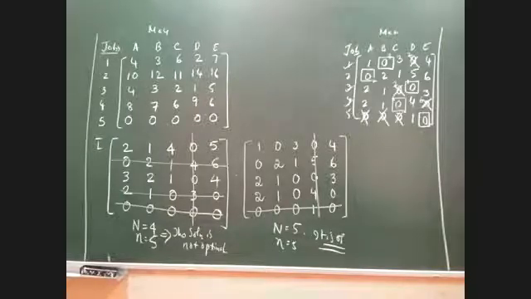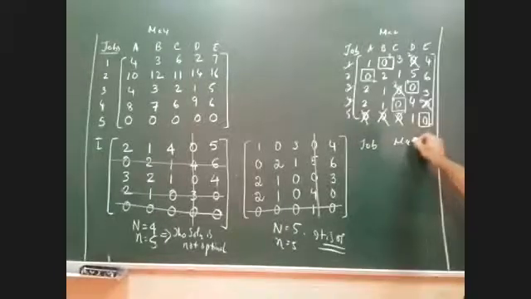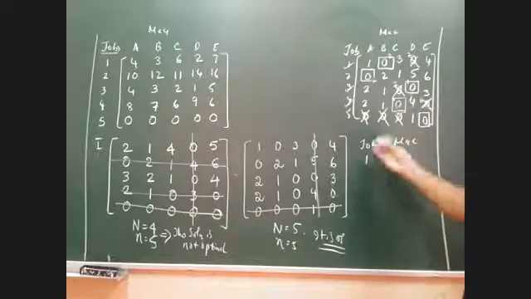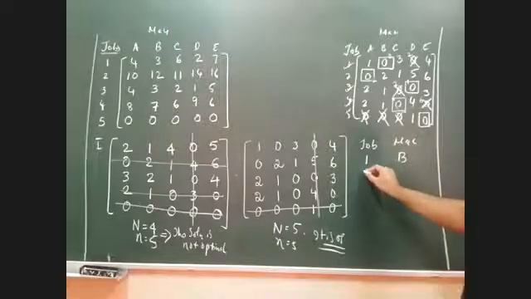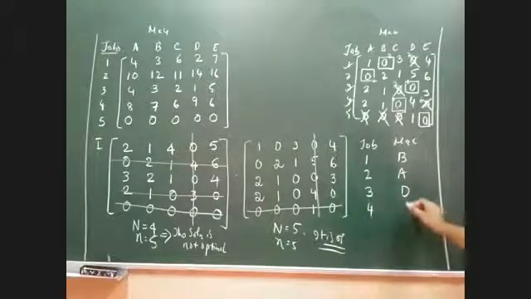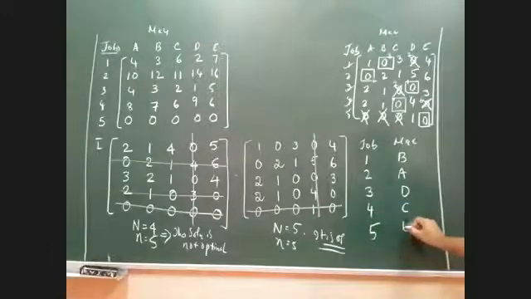Yes, sir. Okay. So I think now we have done with the assignment. Let's calculate the cost. So first calculate money. So job versus machine. So first job is given to machine B. And second job is given to machine A. And the third job is given to machine D. And the fourth job is given to machine C. And the fifth job is given to machine D. Okay. So these are the 5 values over there.